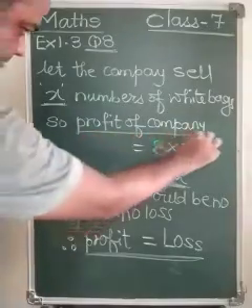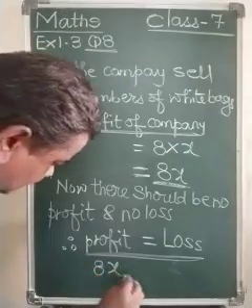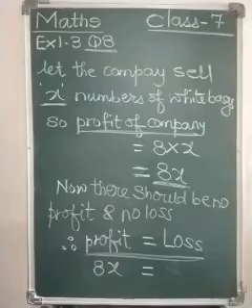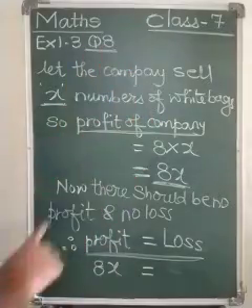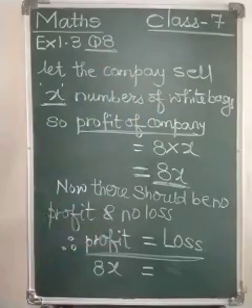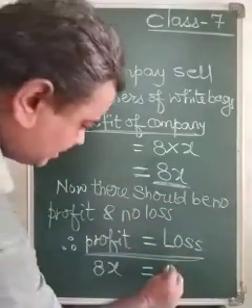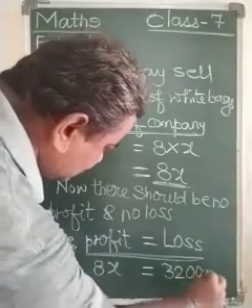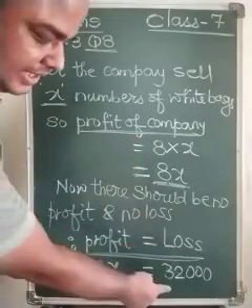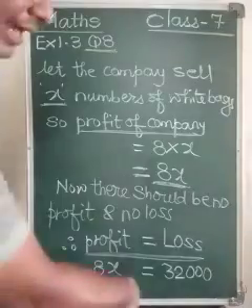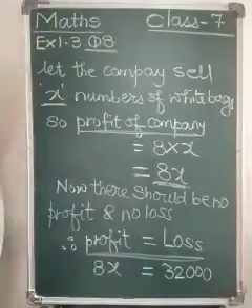Now profit of company, it is 8x, equals to loss of the company, that is we have found number of bags sold is 6400 multiplied by 5, and the answer came to 32,000. Previous to this, when I rubbed the board, what was written here? 32,000. So 8x will be equal to 32,000. That is the loss of the company. Profit of the company is 8x and loss of the company is 6400 multiplied by 5, that is 32,000 rupees. Okay, so 8x is equals to 32,000. This equation we have formed.